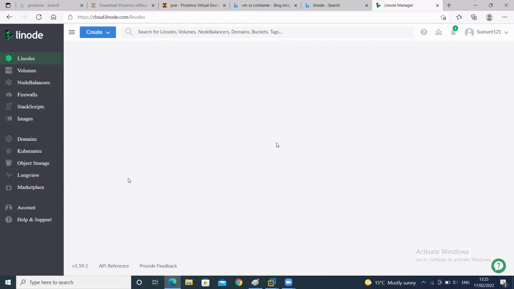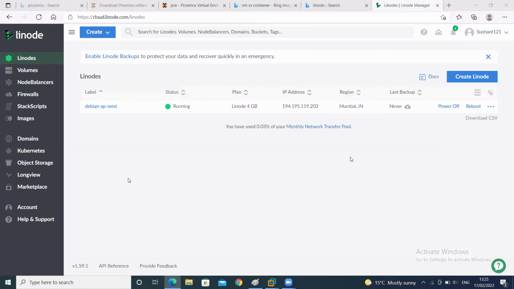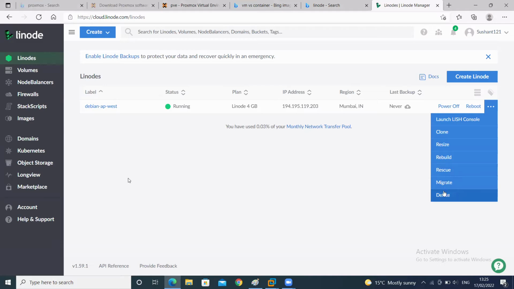See, this is Linode. This is the hardware, sir. Debian AP West. Okay, this is running, so I will first delete this.